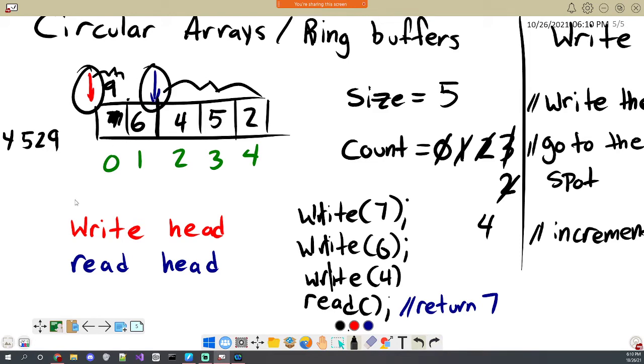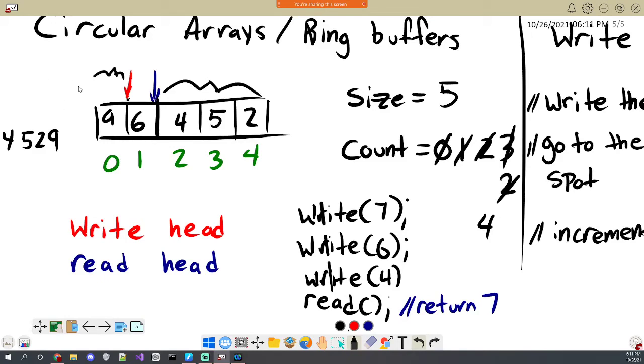Now, the important thing to note about this is that the write head is now to the left of the read head. And that's the first time that this has happened. That's totally possible if the write head has done a wraparound, but the read head has not done its wraparound yet. And I mentioned that just for the sake of you doing the next assignment, because it is going to require you to check some things, and just be aware that it's not always going to be the case that the read head is to the left of the write head. If one has done the wraparound and the other hasn't, then just be careful with your conditions.